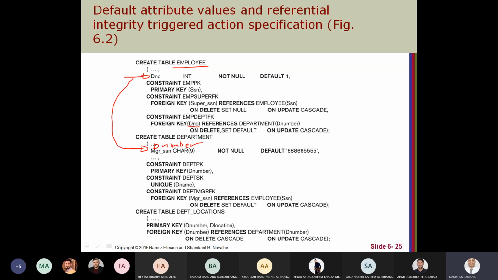We set this constraint: on delete, set default, on update, cascade.